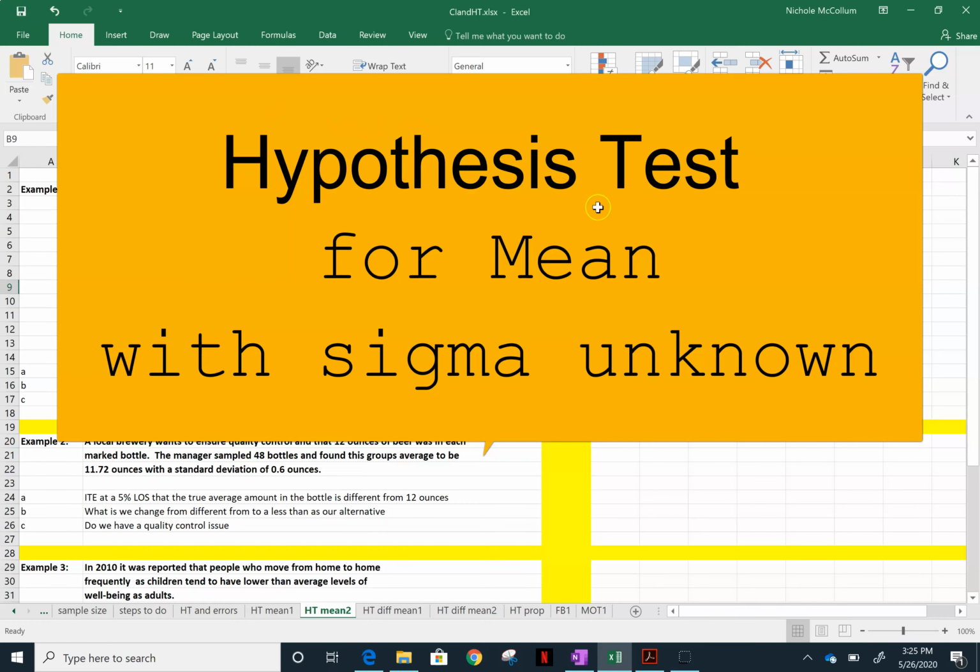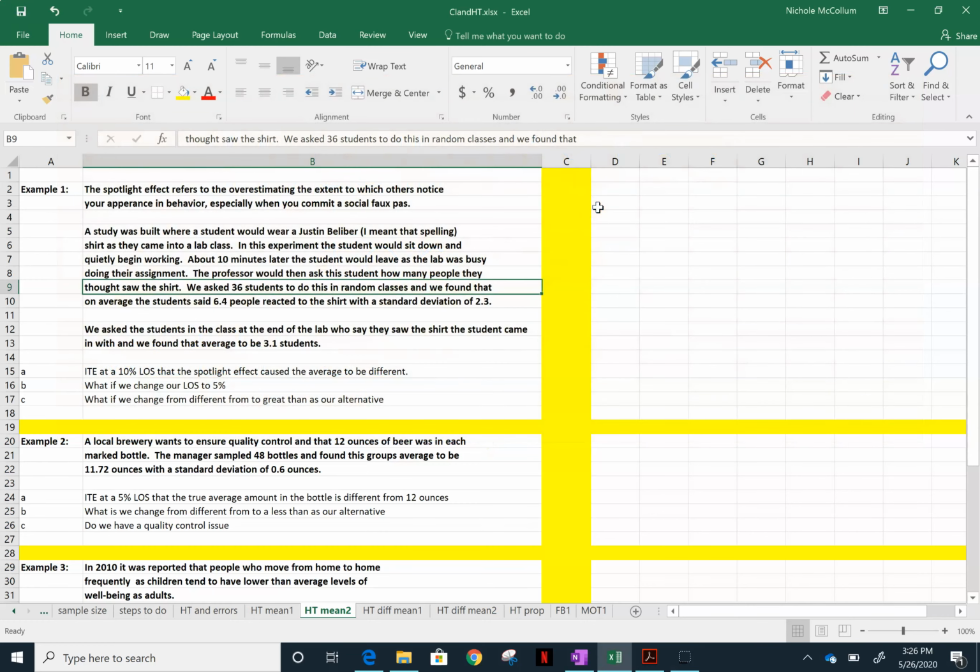Hello, everybody. Today we're going to talk about hypothesis tests for the mean, but in this type of example, we're not going to have the population standard deviation. Instead, we're going to have the sample standard deviation. Let's get into it. So we have this thing called the spotlight effect, which refers to the overestimating of the